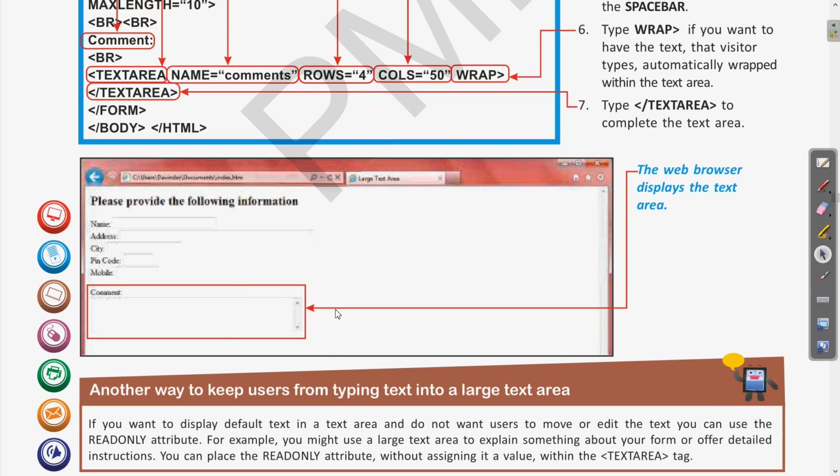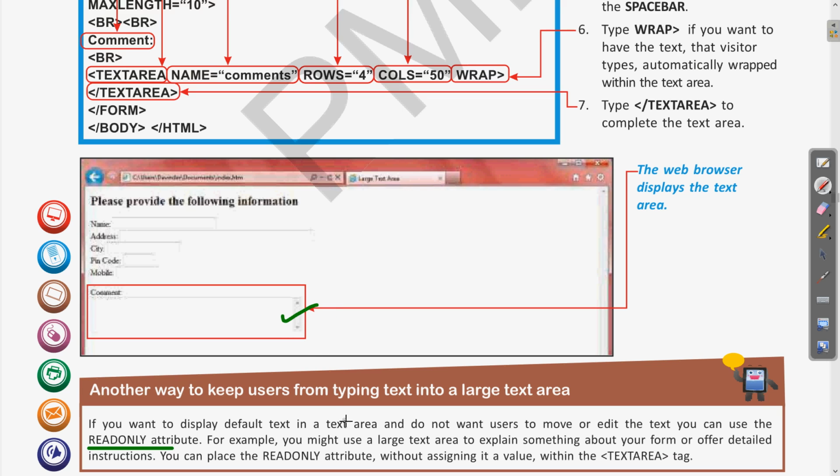If you want to provide information in this area that the person will only view, and not be able to edit or change, then we can use the attribute read only. If we use the read only attribute inside this text area, the text written in it will be read only. Clear? So the person will not be able to make any changes; it will only be visible to him.